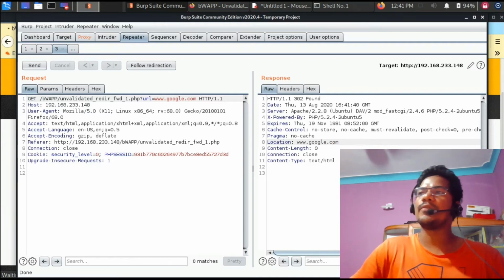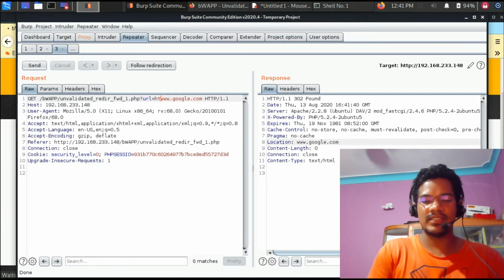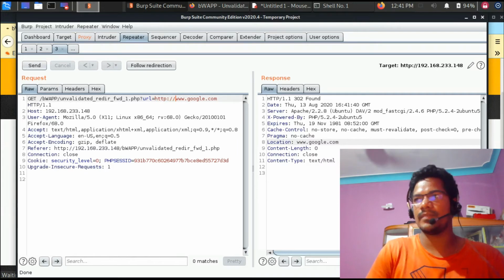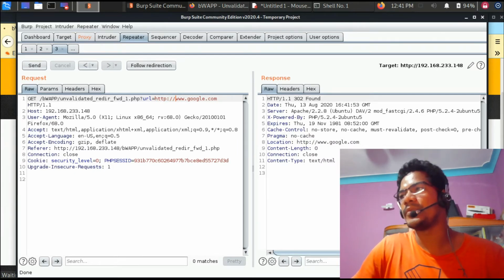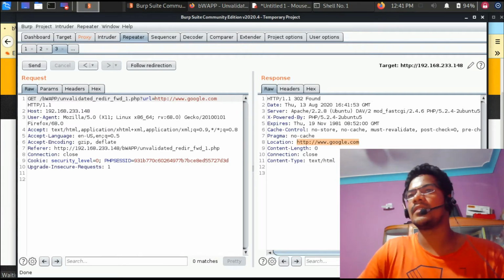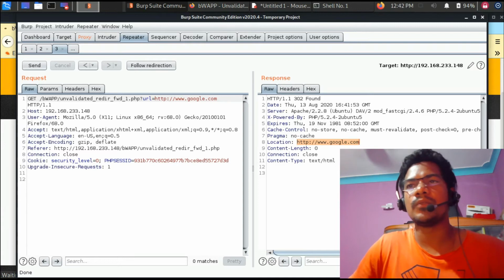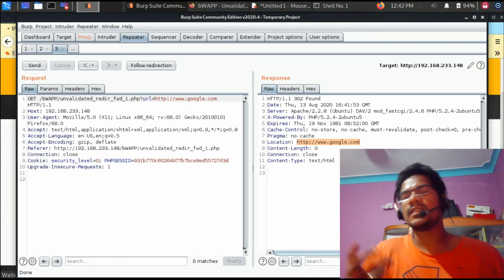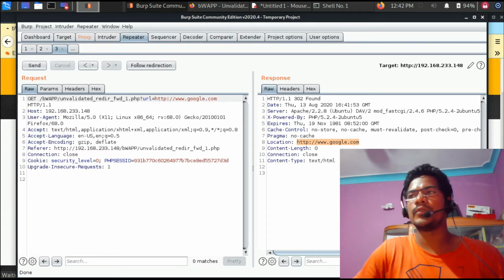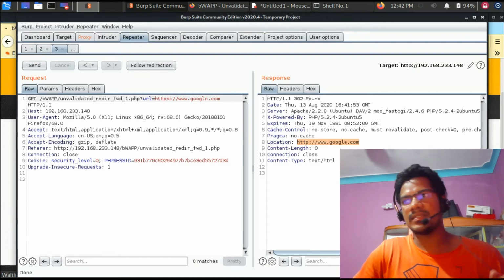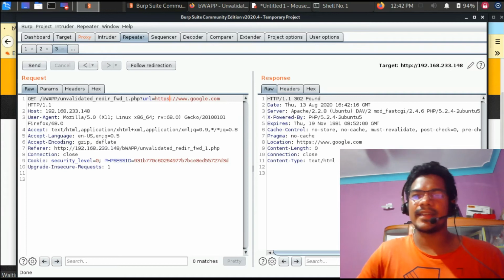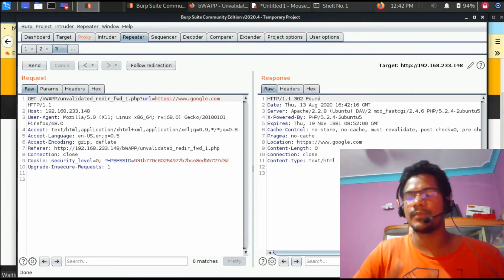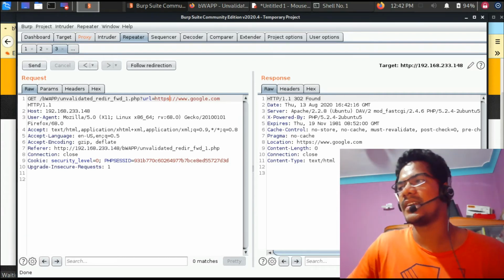The second way people typically use is http colon double slash, and see whether the URL redirects you to this particular domain or not. So again, if you see, it is redirecting you, which is again a successful redirection. Now if this method didn't work properly, then what you could do is you just put https and then try whether it is redirecting or not. Again, it is successful, which means we can perform this URL redirection attack.